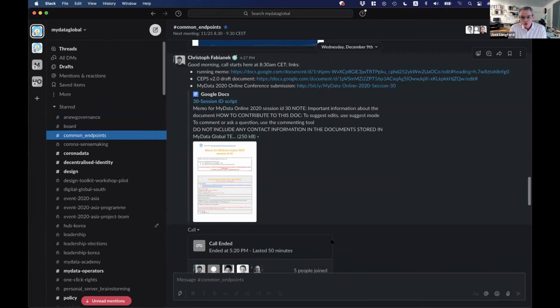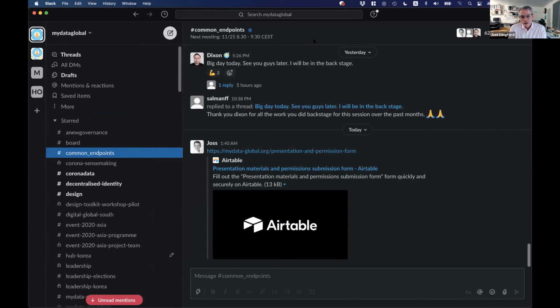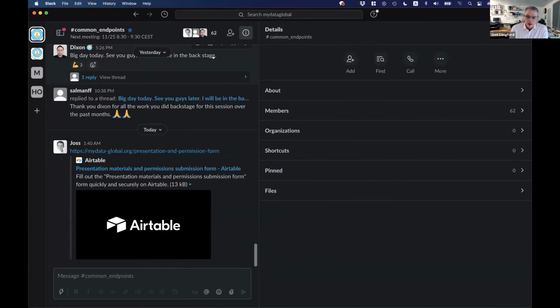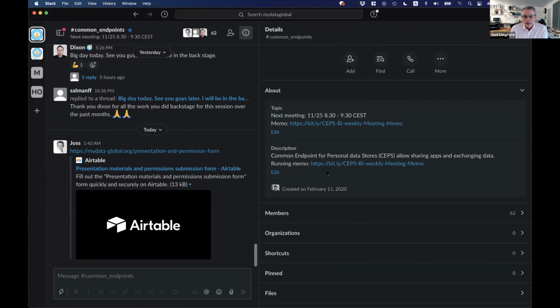There is also a brilliant opportunity to get involved with the CEPS specification. A couple of the speakers have explained how helpful this first version has been over the last 6 months in their development. The ambition is over the next 6 months to release the next version of that specification. If you've not been involved, now's a brilliant time to get involved, to understand what it could mean for you and to be able to shape it so that you're able to use it in the best possible way. This will intersect with some of the operators' work as well. And I think there are some realistic timetables for having some strong technical outputs from the Mydata community as we come through to the beginning of summer next year.